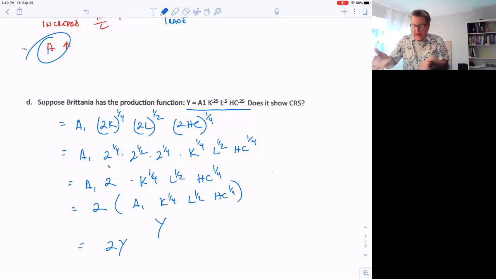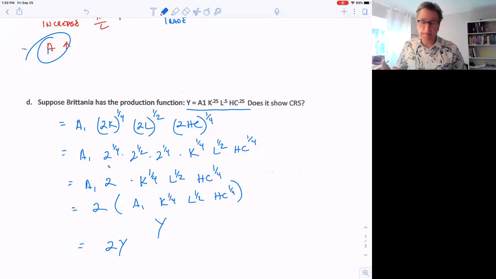So we can show that here that output doubles when all the inputs double. So it's got constant returns to scale. If we add any one of those things only, hold everything else constant, then we're going to see diminishing returns to that one thing. So we hold capital and labor constant, add more human capital,